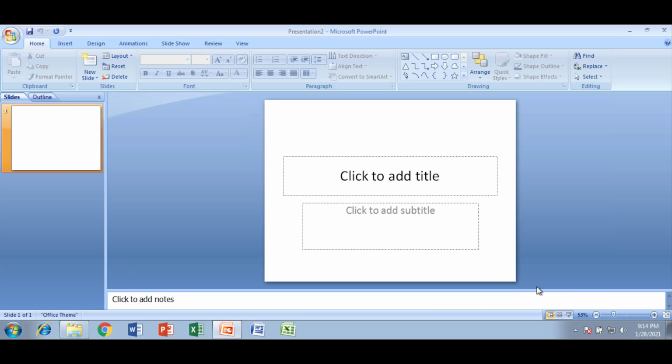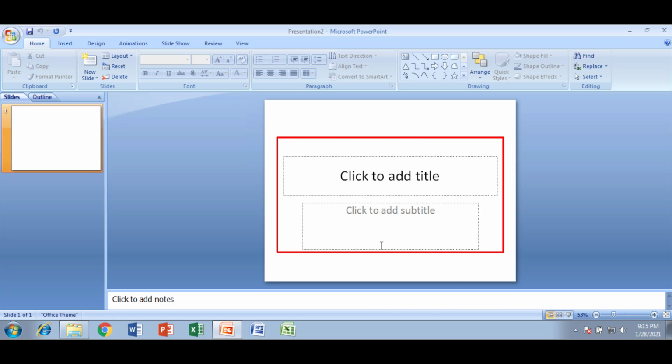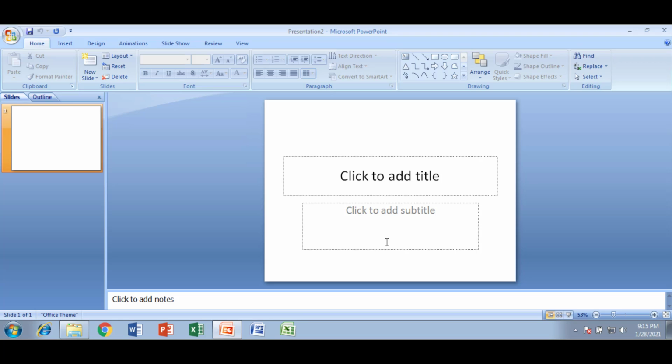After clicking on the Create button, you can see the window of the blank presentation. This blank and recent presentation option creates a presentation with a white background and black text. This PowerPoint presentation has different layouts. Layout is the method of arranging things or objects on the slide. By using this layout, we can arrange the text or the objects that we insert into our slide. Normally, this layout consists of placeholders for the different types of objects or text. MS PowerPoint 2007 has different layouts.